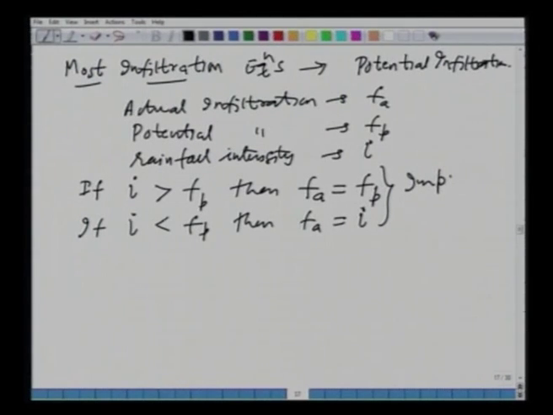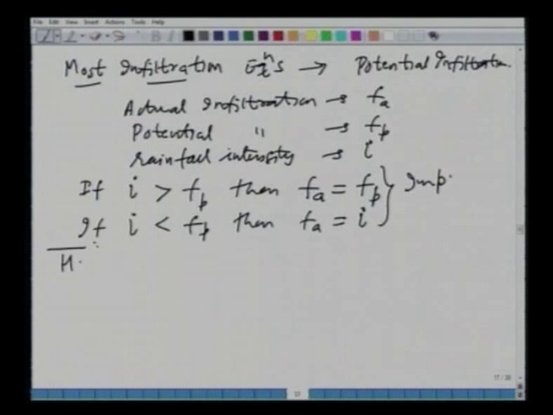Most software which does rainfall runoff modeling, or any computer program which you can write yourself, and we will look at one of the algorithms we will develop, uses this concept: we use the infiltration equation to calculate the potential infiltration rate, and we compare it with the intensity of rainfall to calculate the actual. Moving further, we now look at a few empirical equations for estimating infiltration. The first one is Horton's infiltration equation.